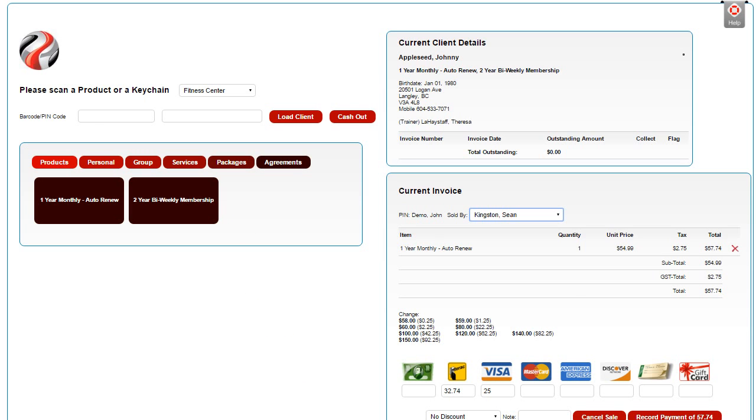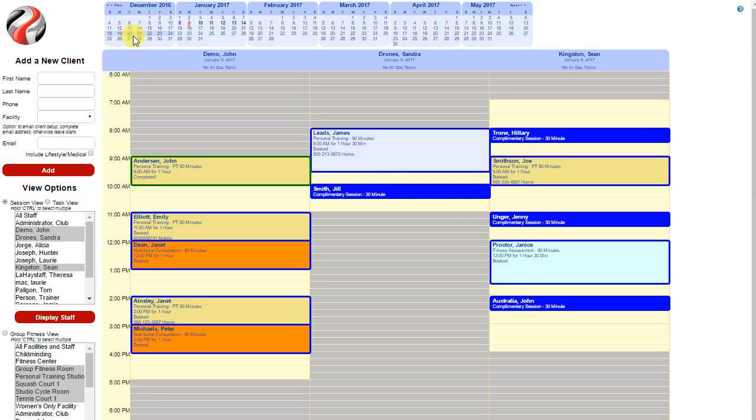Next, let's take a look at the calendar features. The calendar is broken out by the session view, which is personal training sessions, anything that is one-on-one with one trainer or instructor and one client, and the group fitness view, which is group personal training or group classes. To begin with, under the session view,